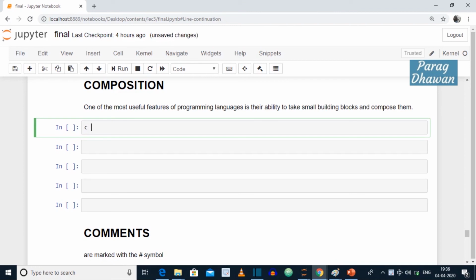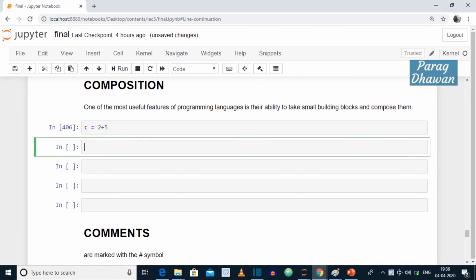Suppose we have c as an expression 2 plus 5, and you are using a print statement wherein you are combining a string. Expression is, then you are giving a placeholder, and then you are printing the expression value as dot format, and you are printing the value of c.